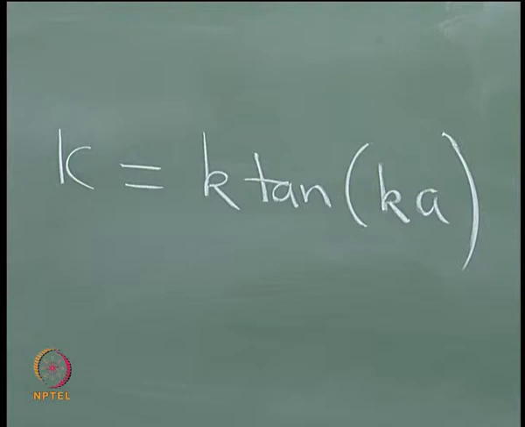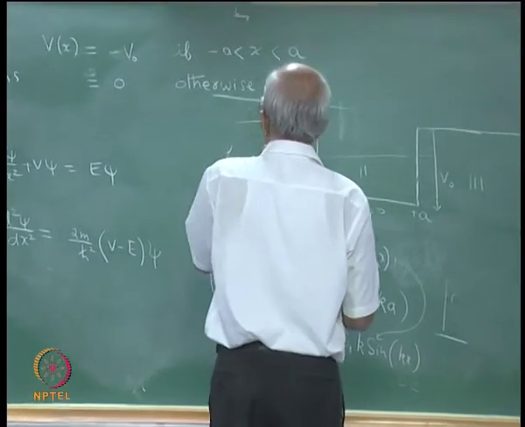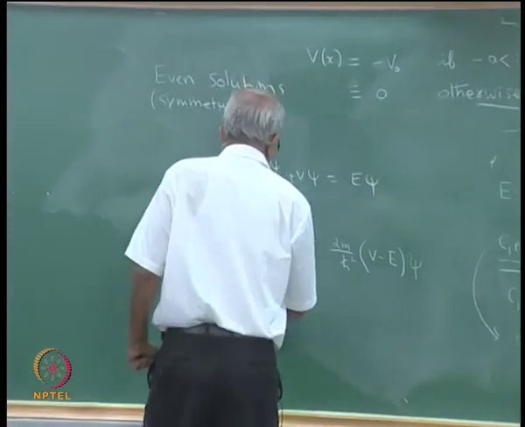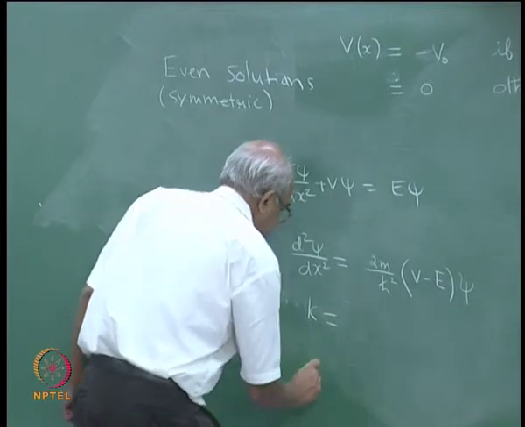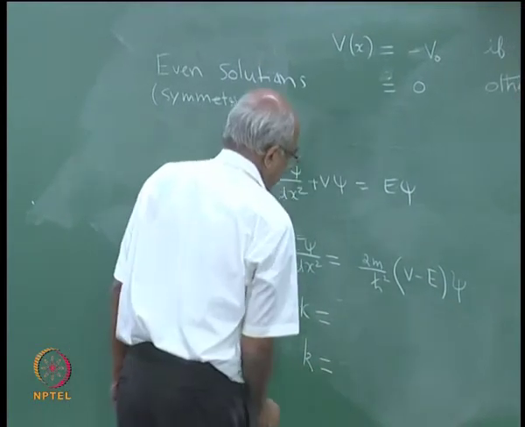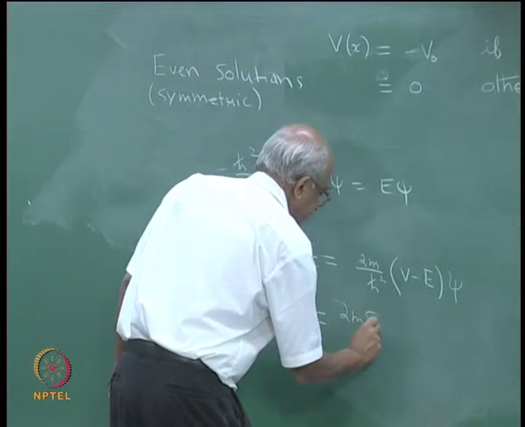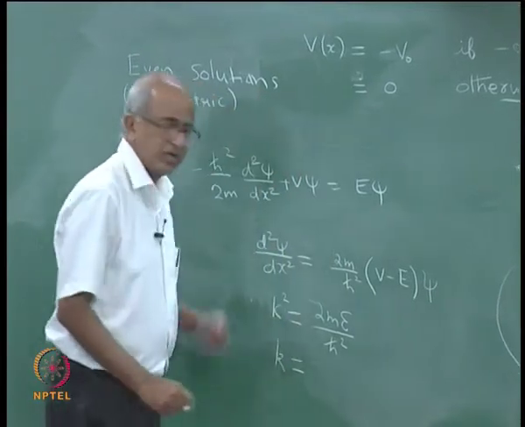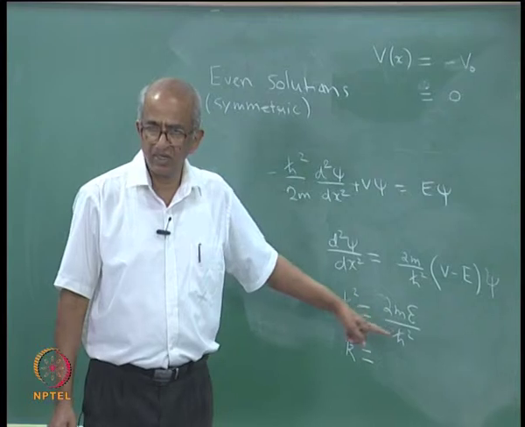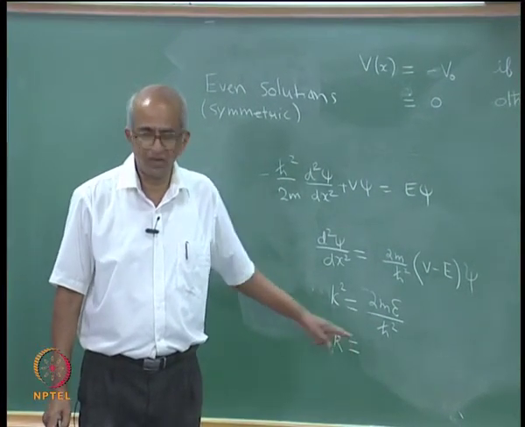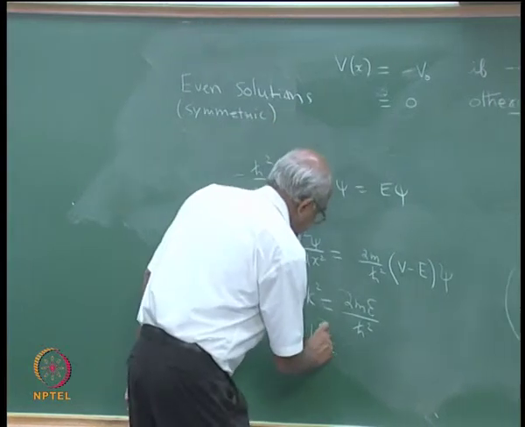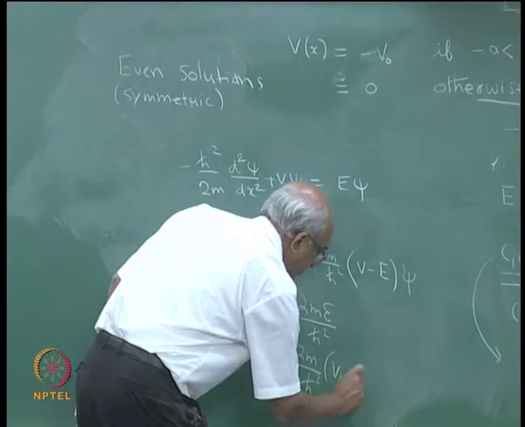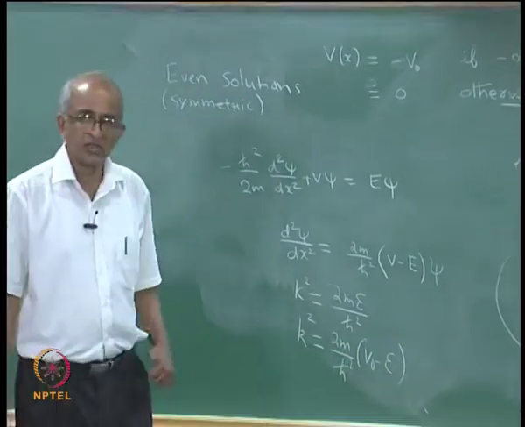But you look at the expression, see kappa, where is our expression for kappa? I think I have probably removed it, but I should have kept it. Kappa was defined to be something and k was defined to be something else. Kappa was defined to be the square root of 2m epsilon divided by h cross square, or kappa square was defined to be 2m epsilon by h cross square, right. This was our definition, while k square was defined to be 2m divided by h cross square times V0 minus epsilon. This was the definition of k square.